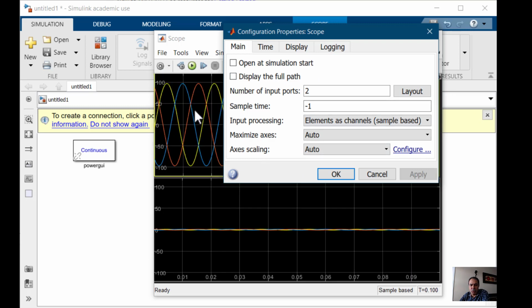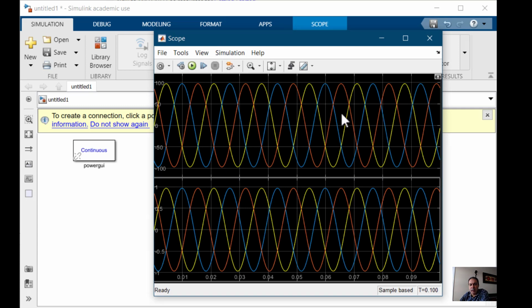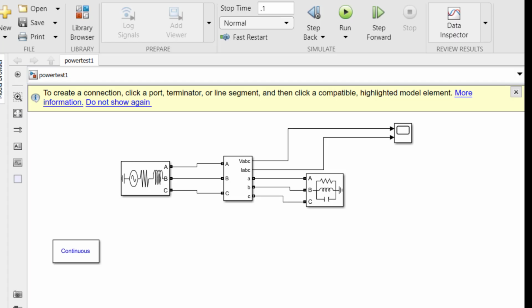So you see that the two waveforms, two windows are open like subplots. And then another thing that you can do, just make sure the maximize axis is auto and axis scaling is also auto, and then you say OK, and then you see that the current waveforms are shown on a separate plot, and it's auto scaled between -1 to 1, and the voltages are between 100 and -100. So the model that we created here practically showed us how to develop a model